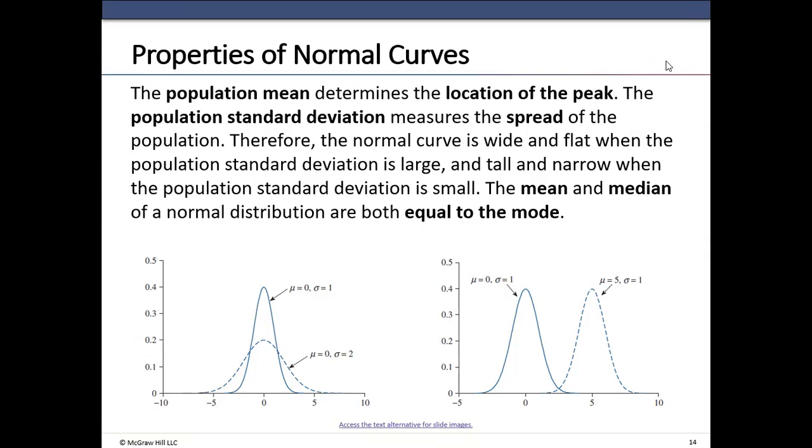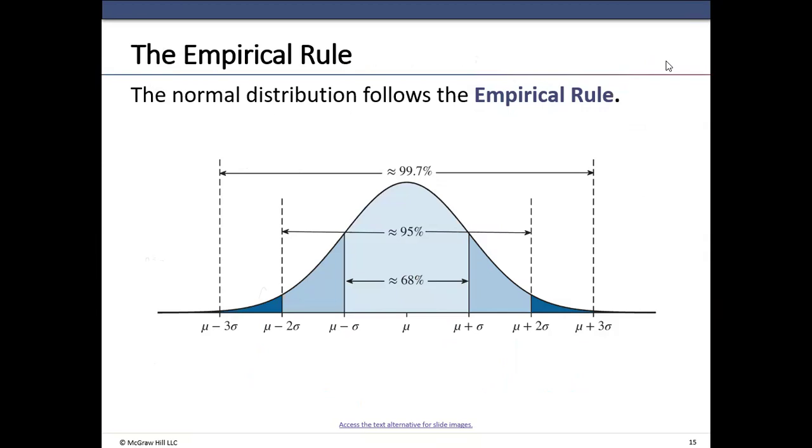The mean and median of a normal distribution are both equal to the mode. The normal distribution follows the empirical rule. What does it mean? At the center, you have the mean, which is equal to the median, equal to the mode. This is on the horizontal axis, where the relative frequency is highest. If you go one standard deviation to the right of the mean and one standard deviation to the left of the mean, that is, mu plus sigma on the horizontal axis, draw a vertical line to meet the probability density curve, and then go one standard deviation to the left, mu minus sigma, draw a vertical line